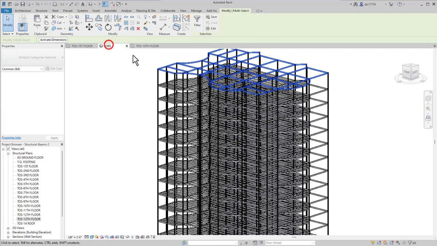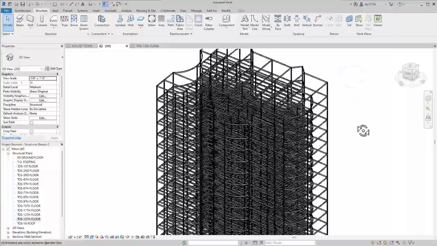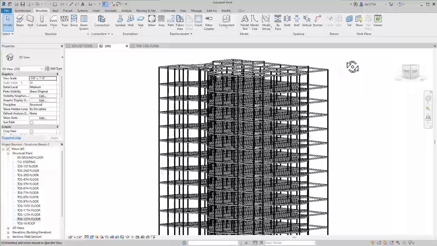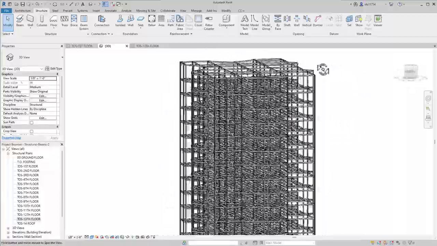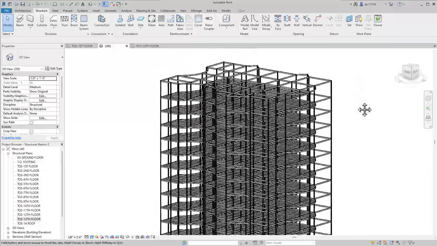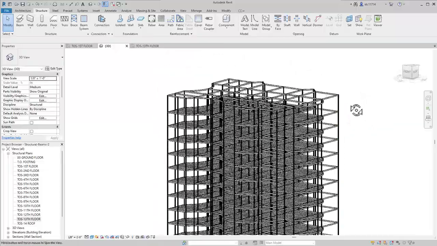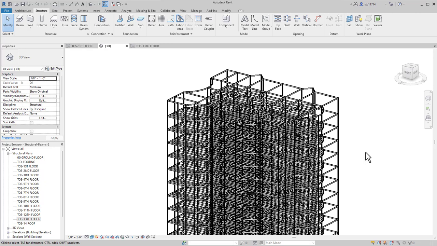Now I'll take a look at it in 3D one more time, and you can see in the upper level I was able to copy all the main girders but not the beam systems, since we'll have some different plans for the roof there that we'll address later. Next I want to add some bracing to some of these bays going up along the building.